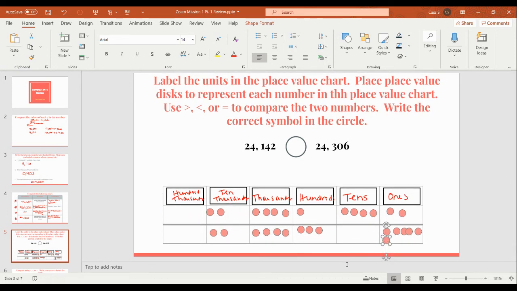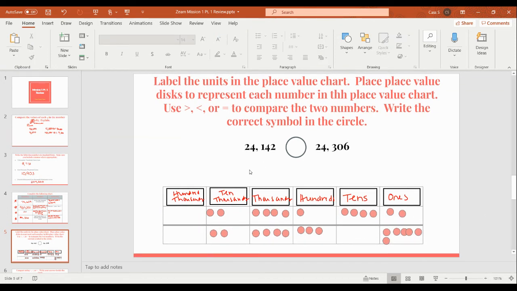Looks like I had exactly enough. Perfect. All right, so now I'm going to look at my place value chart, starting with the largest place value,